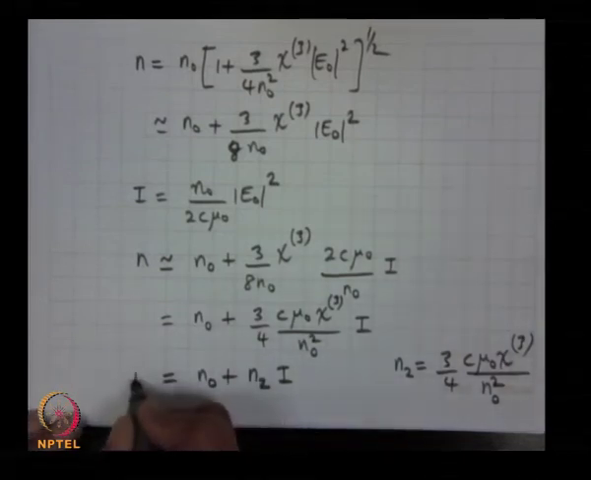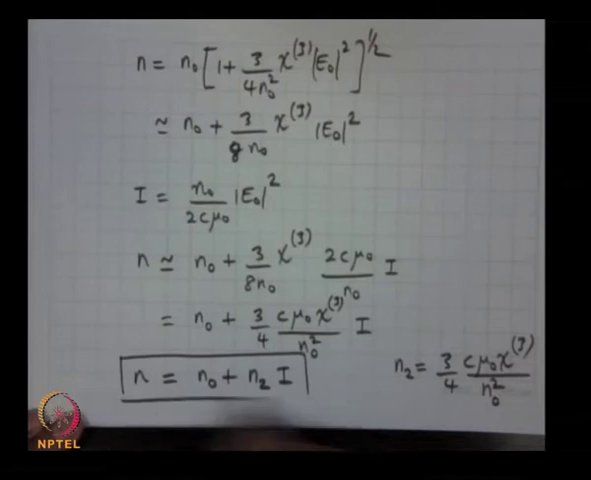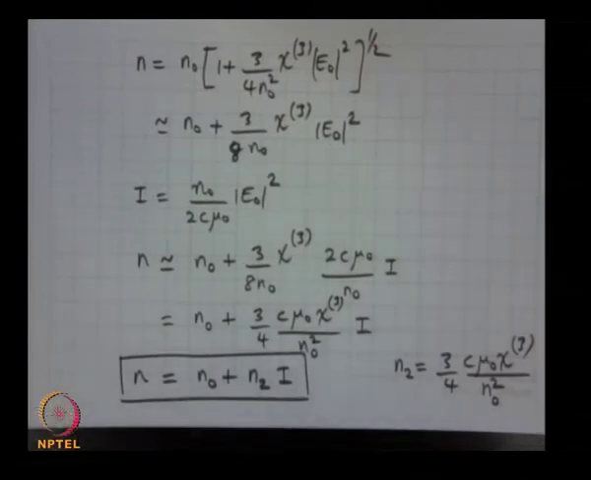So this leads to what is termed as intensity dependent refractive index. The refractive index of the medium gets changed if you change the intensity, and that comes in because of the chi 3 term. Now let me give you some values for n2. For silica,